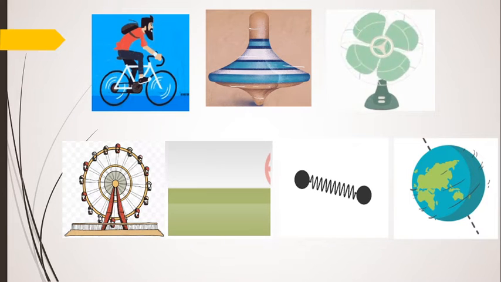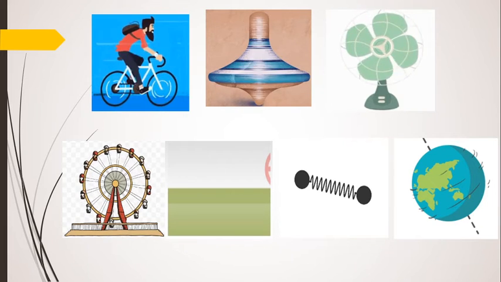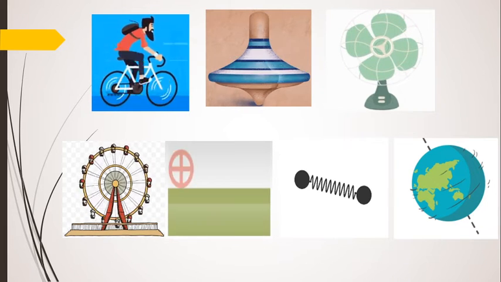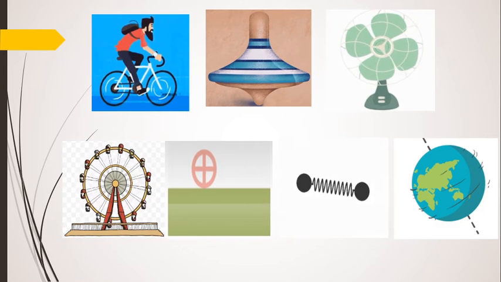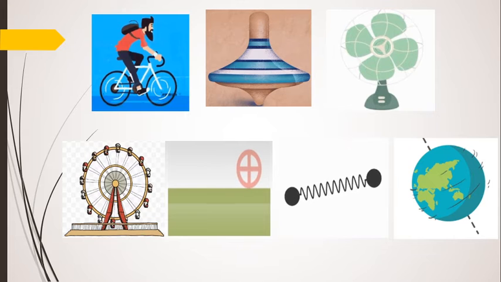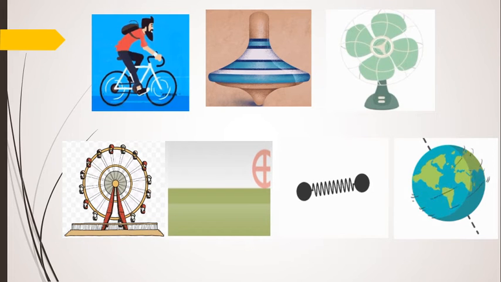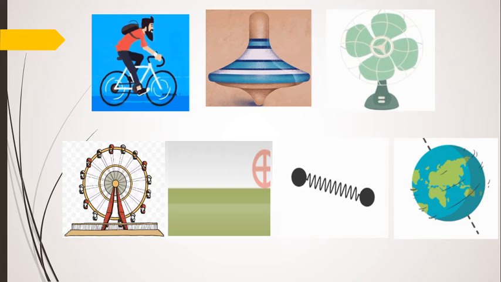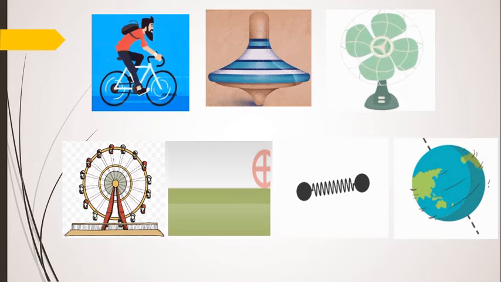Let us see a few examples of motion. The rotating fan, the spinning top, the motion of a person riding a bicycle on a straight or curved path, the motion of a giant wheel, the motion of a wheel on a straight path, the motion of the particles connected with a spring performing vibrational motion, the spinning earth, and many more examples from our day-to-day life include water